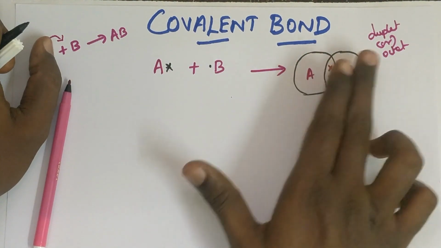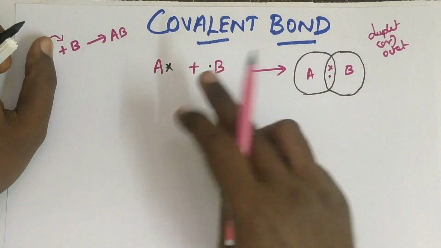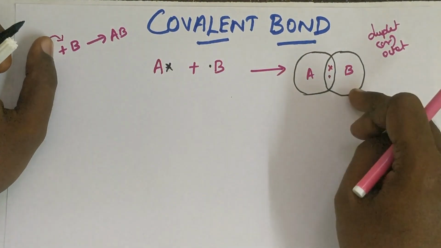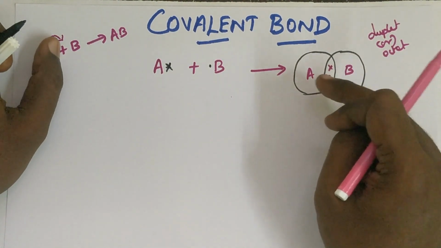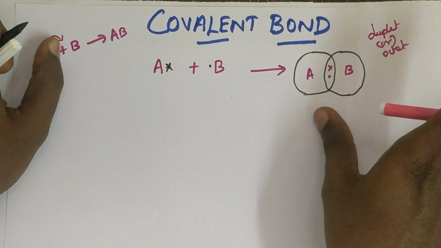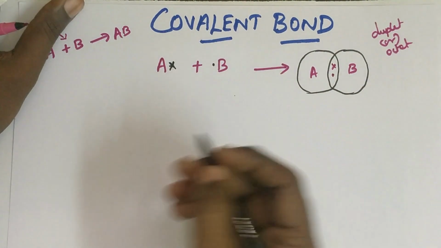Check the B ring: two electrons are there. So in this case, sharing of electrons takes place. Both electrons are shared to form a molecule in which the electrons are paired, and both atoms attain stable electronic configuration. So, based on this, covalent bond is defined as